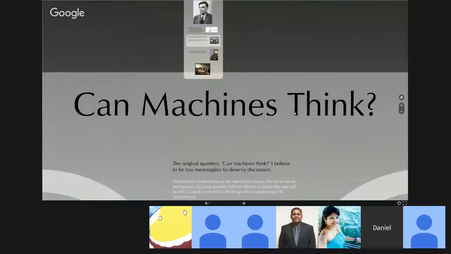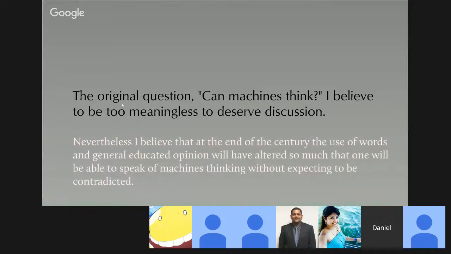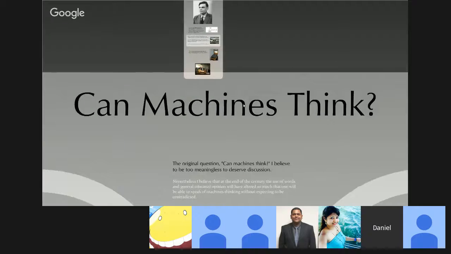Now, Turing doesn't have high hopes for this question, the question, can machines think? In fact, in the article, he actually says that he believes the original question, can machines think, is too meaningless to deserve discussion. He thinks the question is meaningless because it's controversial. What do we mean by thinking? What counts as thinking? Well, there's lots of different answers to that question. People will disagree over how to answer that question. People have been disagreeing about that for thousands of years, right? We have thousands of years of philosophy that go into debating what thinking is, what counts as thinking. And it's unlikely that this question is going to be settled anytime soon.